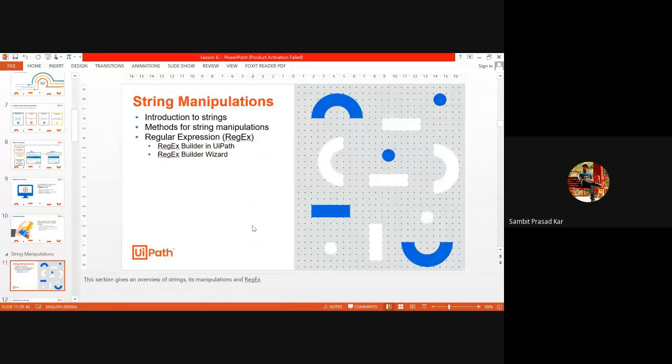The only importance I am going to point out is string manipulation. It is a little bit interesting. How do we manipulate strings?